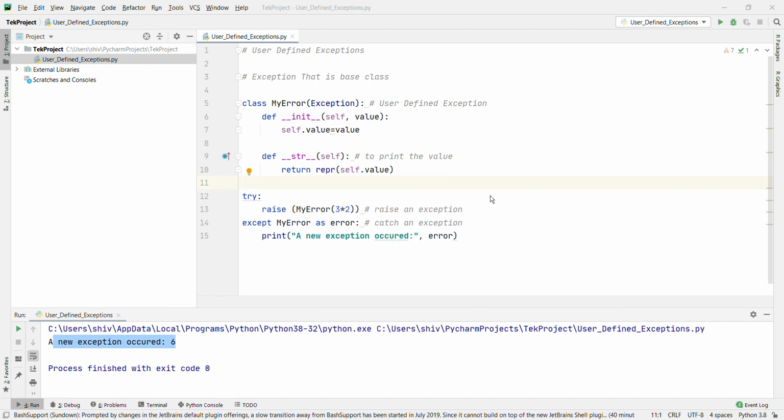Now I am going to give you another example, that is basically deriving errors from the superclass exception. What is that? Superclass exceptions are created when a module needs to handle several distinct errors. One of the common ways of doing this is to create a base class for the exception, that I already did, to define that module. Further, various subclasses are defined to create specific exception classes for different error conditions. Let's go with the example. Let's remove the first one.